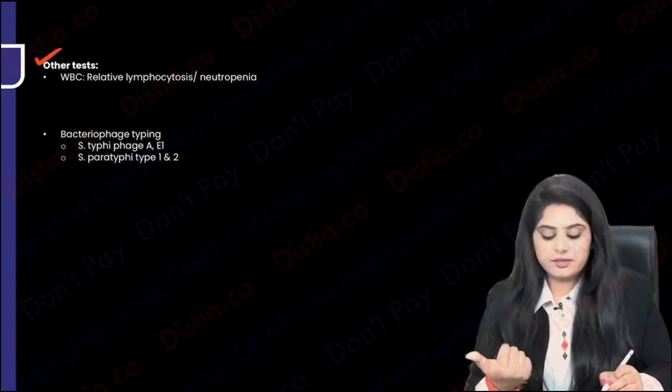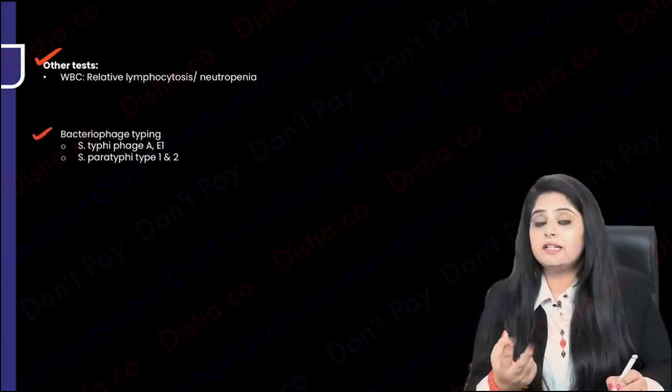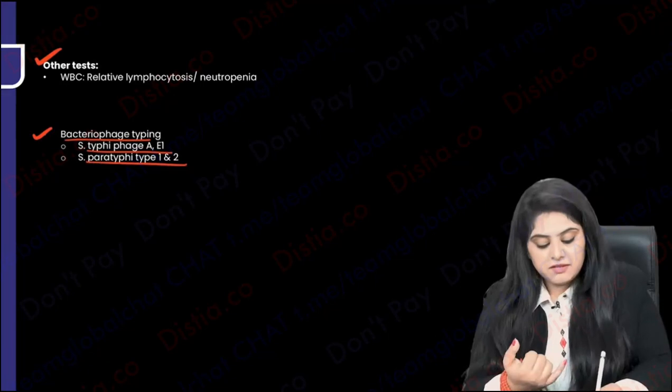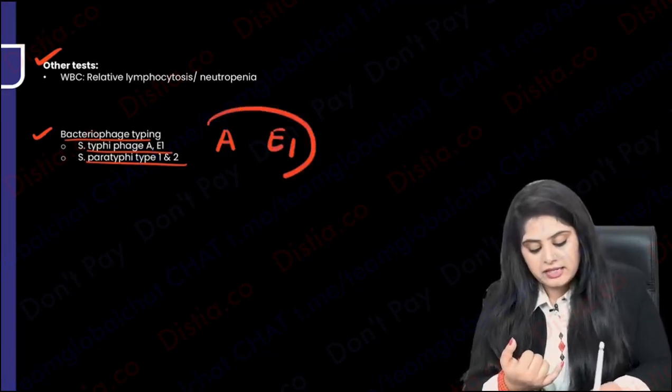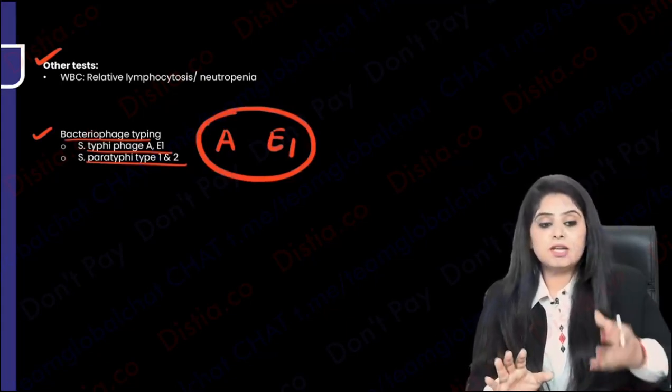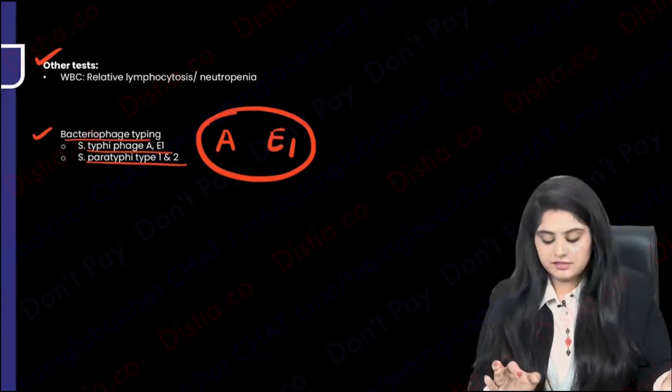There will be relative lymphocytosis. Done. For the second year students, there is a Phage typing which is done. A and E1 Phage is very important for Salmonella typhi. Rattafication question if you can. MCQ skill, it's not important. But Phage typing helps you differentiate different organisms.